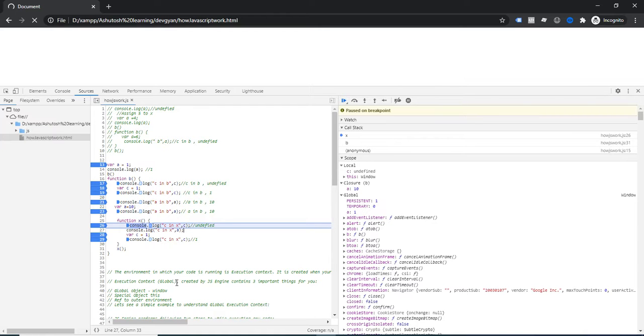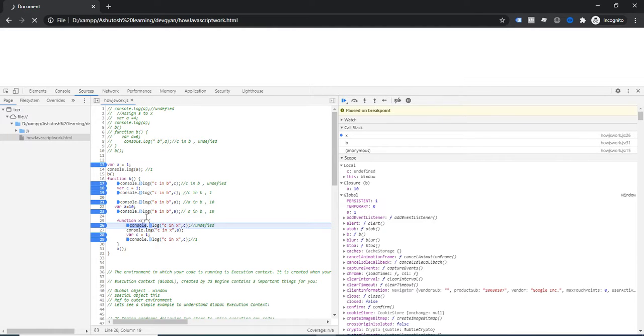So you can say that the C value is printing here as undefined, but the A value is printing here as 10. Why is it like that? Because before the console log, C is declared but not yet assigned, so it will be undefined, and A is not declared anywhere in the function.